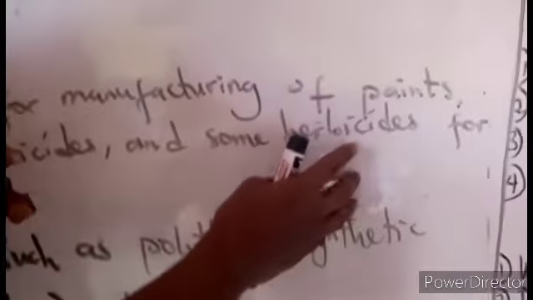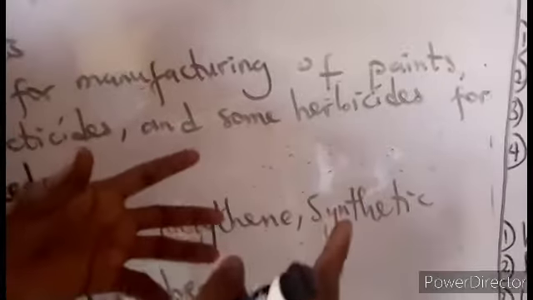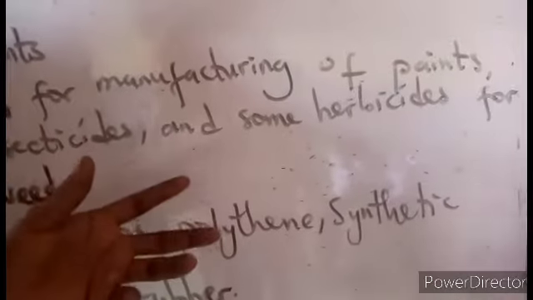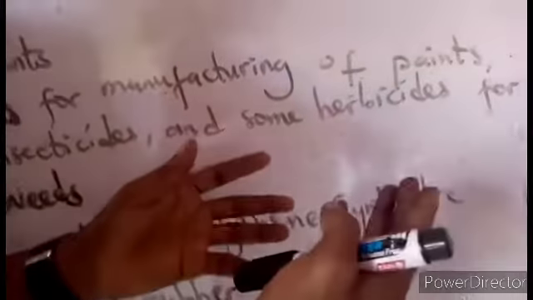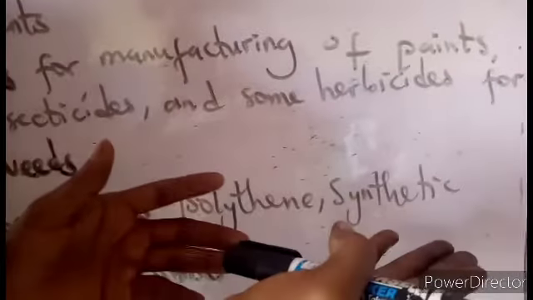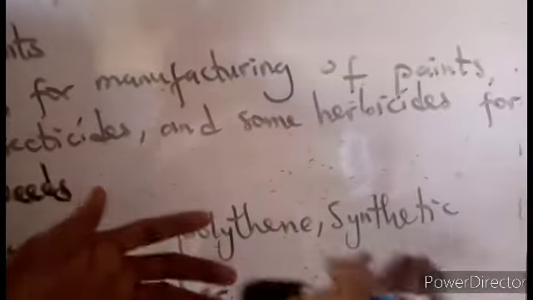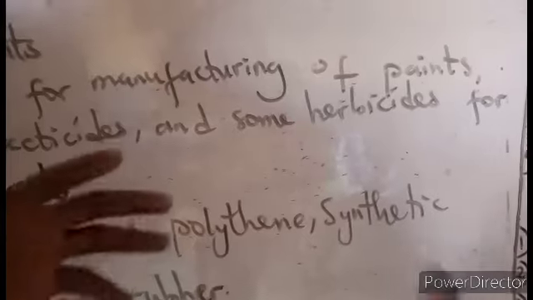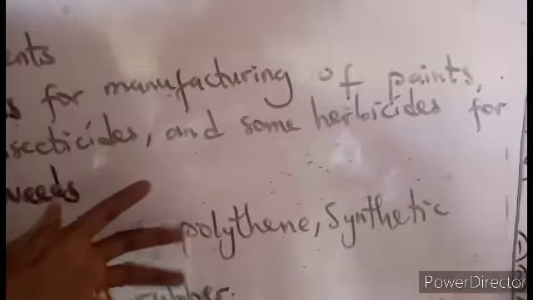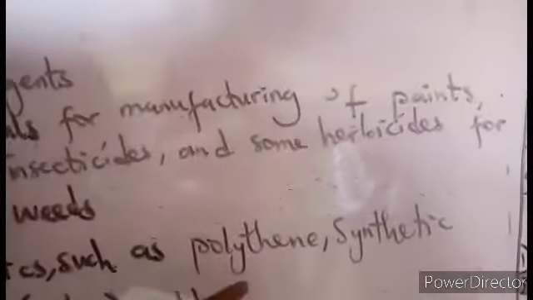Good. We also have herbicide. Herbicide is a kind of chemical put into place and used to kill weed. They use it to kill what? Weeds. So sometimes the farmer might not use a cutlass and hoe to cut down the weed. The person just needs to pour some chemical on the weed, and the weed will die naturally.